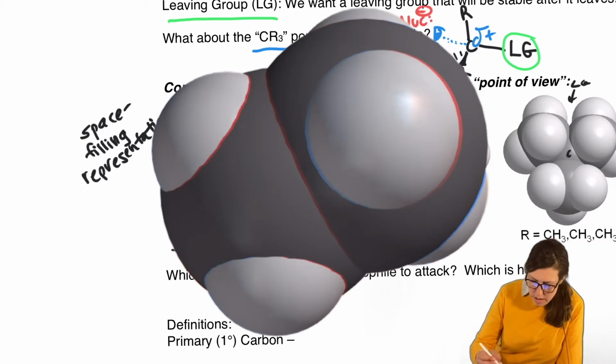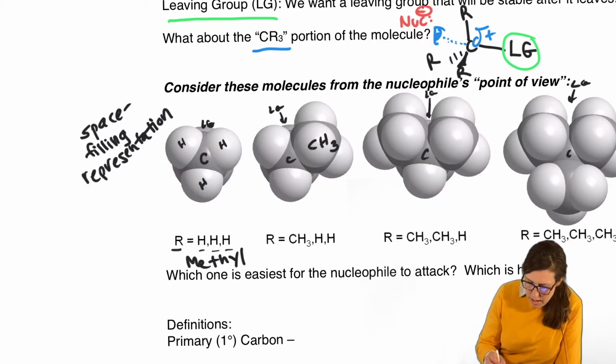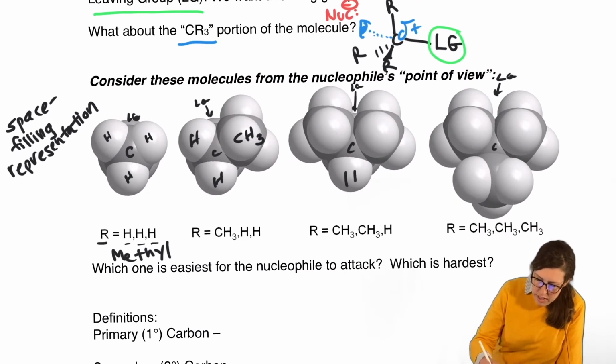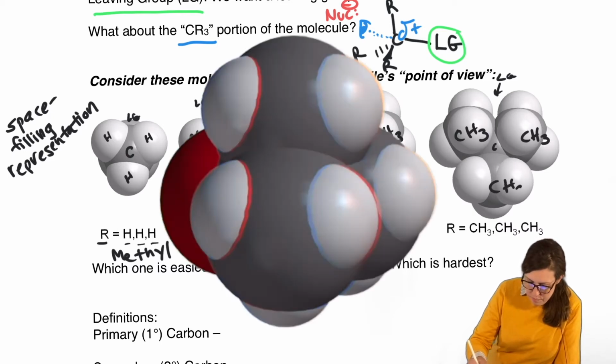So here, let's draw that out. Here's our CH3. See that? C, H, H, H. Wow, we kept two of them as H's. Now let's replace the other H. Let's say we had two methyls. R equals methyl, methyl, H. So methyl, methyl, H. Or let's say we have no H's on that carbon. It's all R groups. So in this case, methyl, methyl, methyl.